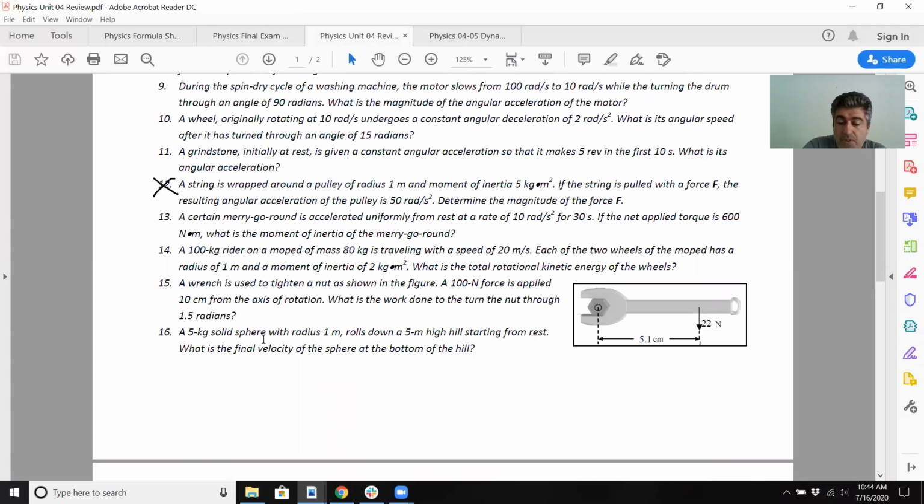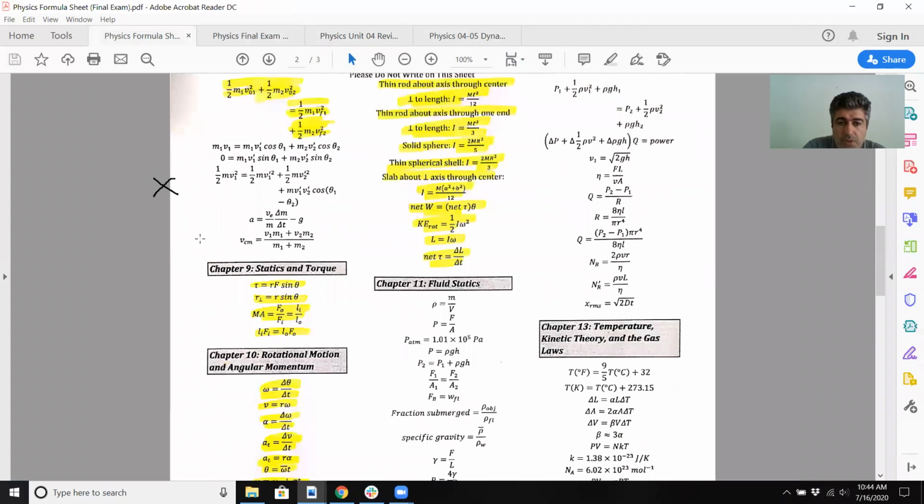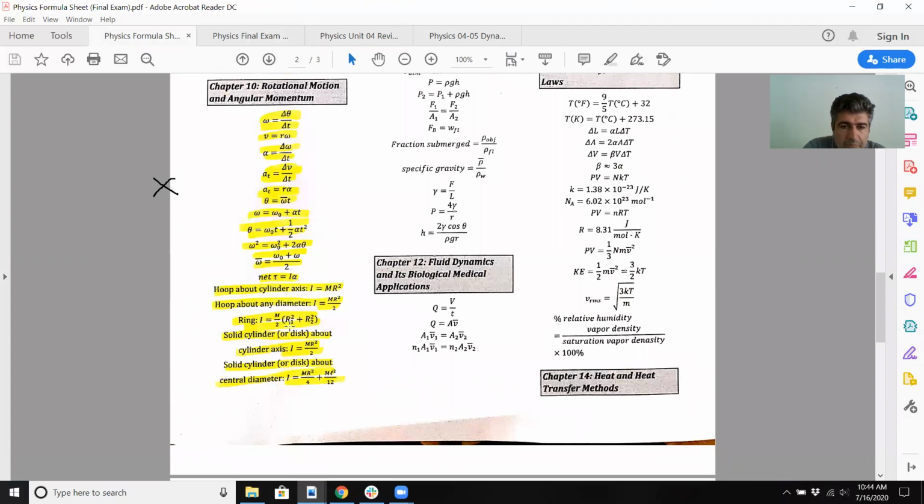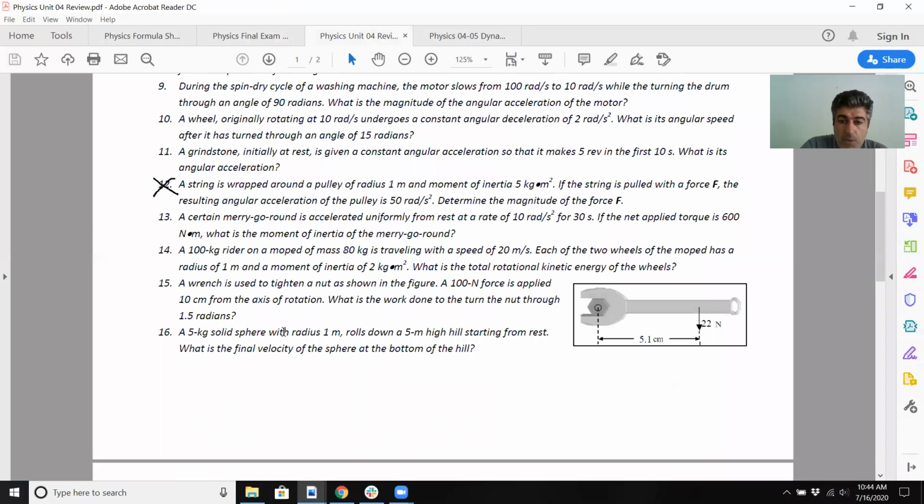5 kilogram solid sphere. So you know it's a solid sphere, so now you know which inertial form you're going to use. Solid cylinder is mr squared over 2. Again, I'll tell you what inertial form to use, so you don't have to worry about that. Rolls down a 5-meter hill, starting from rest. What is the final velocity of the sphere at the bottom of the hill? So what you're going to have to do is set up your